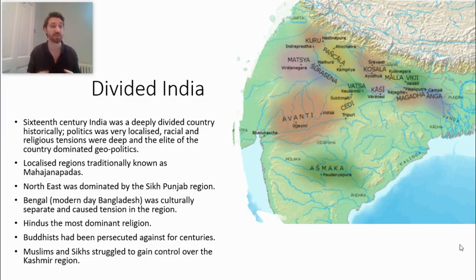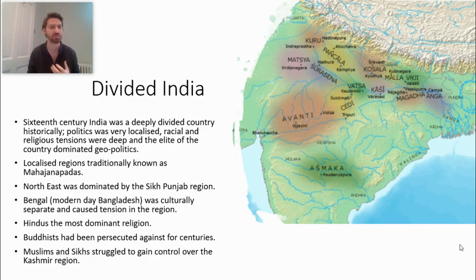And I'm not going to go into the intricacies of it because that would take literally hours. But all you need to know is there's a complicated political system in northern India where lots of different religions and groups are trying to expand and fighting with each other. Now, generally speaking, in the northeast, you have Sikhs, central and southern India, you have Hindus, and in the northwest, you start to get Muslim groups in what is now modern day Pakistan.